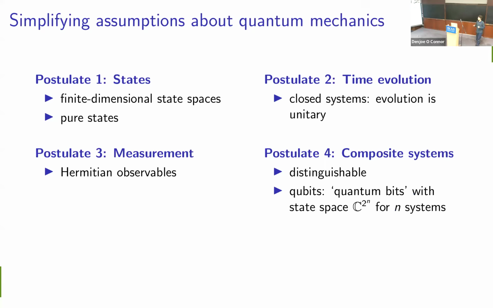So that means that we've got these quantum bits with a two-dimensional state space. And if we've got n qubits, that just means that our state space has dimension 2 to the power of n. And we can write that, as I've already mentioned, just as a state vector for our system.